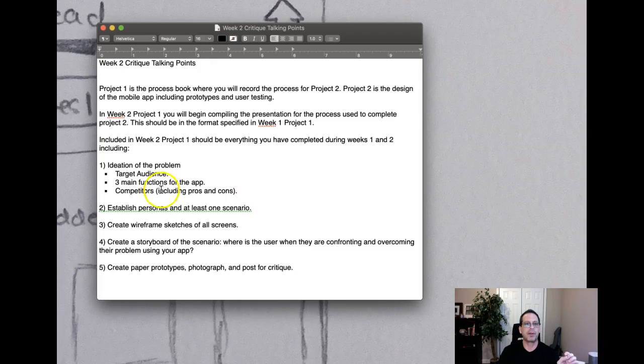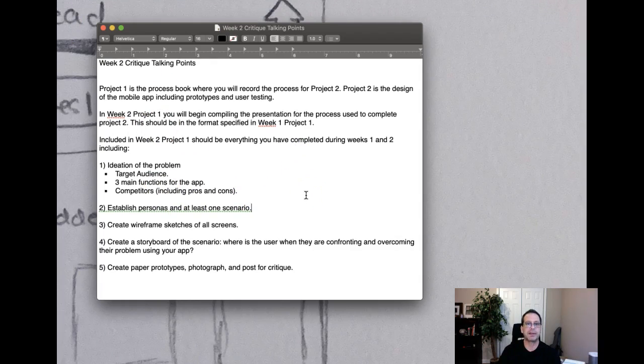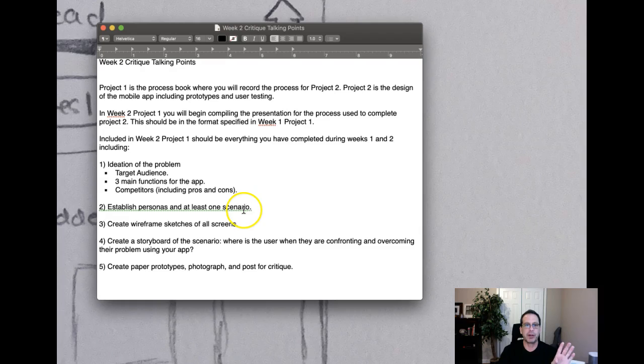So an author that's interested in this app to see what's going on out there and just try to get their work. You know, just see what I'm saying? So you could have an author, you could have a student, and then you could have another member from your demographic and describe what their habits are, what their intended use of your app is, and how that app can help them. And then you would express that by setting up your scenario, right?